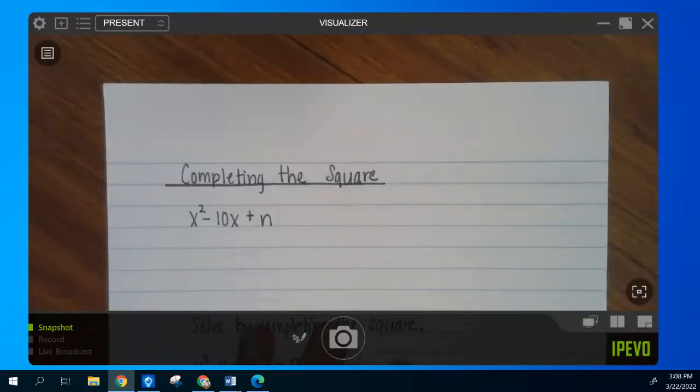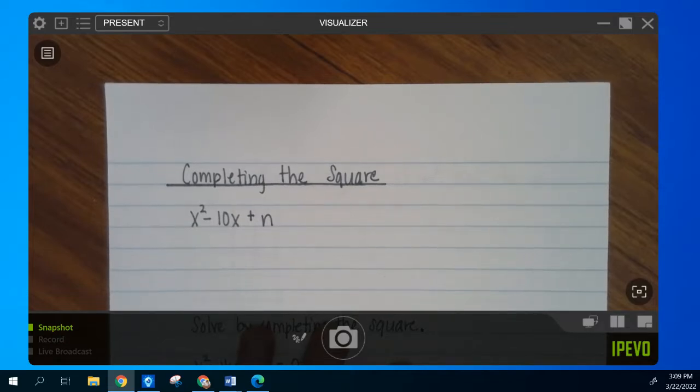In this video, we're going to be reviewing the process of completing the square. This is a skill that's going to be very helpful when we are working through our conics unit. When we are completing the square, what we're basically going to do is take two terms of a quadratic